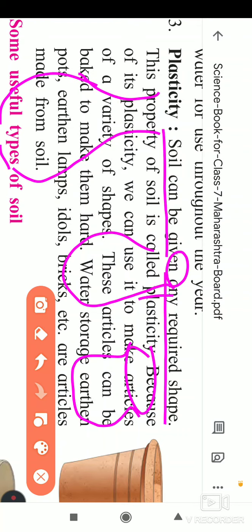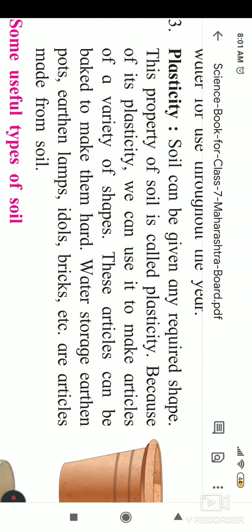As you know, we can give the shape of animals also, as we just finished Nag Panchami. In that also we used statues of soil. The coming festival is the Ganpati festival, so Ganpati statues are being made. In olden days, only soil Ganpatis were used. Nowadays we are using plaster of Paris Ganpati statues. But in olden days only soil was used, and that is good for the environment.